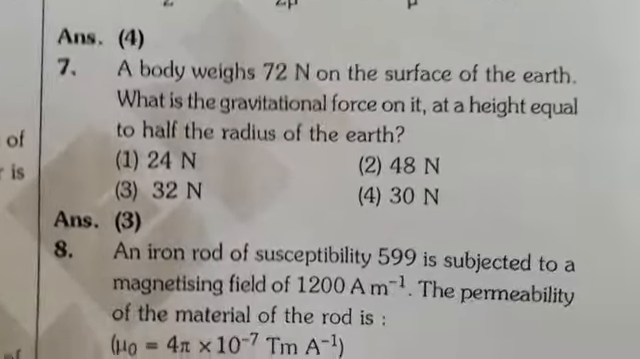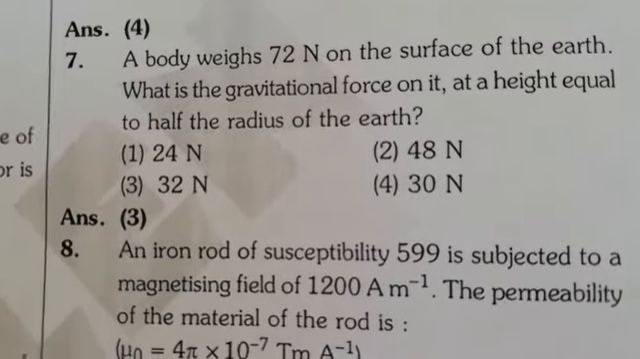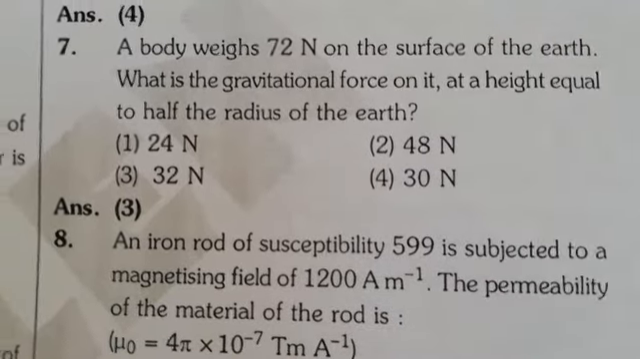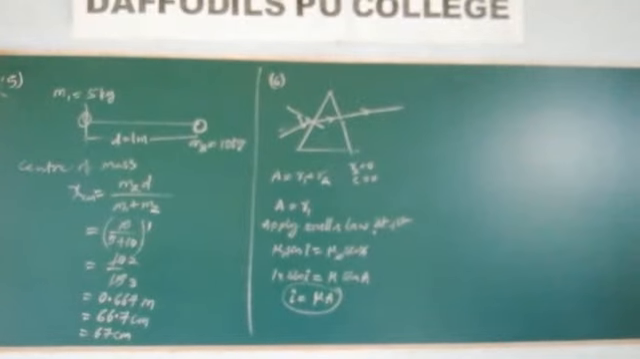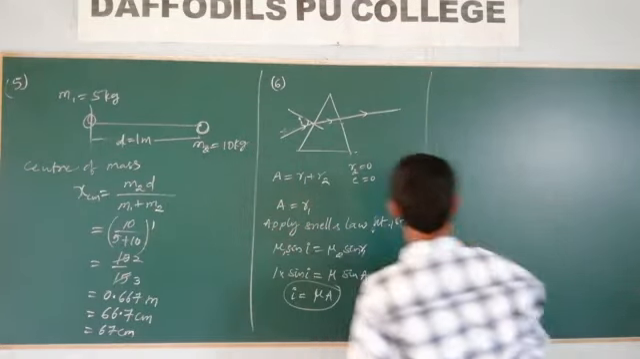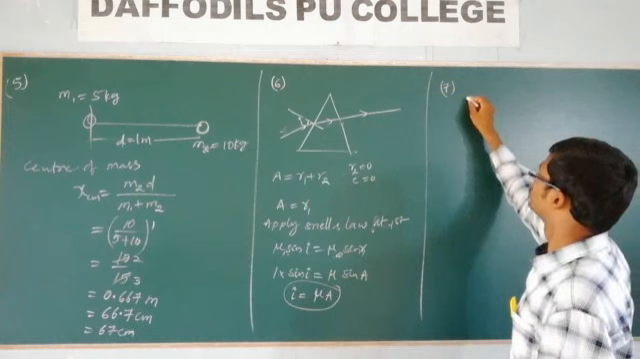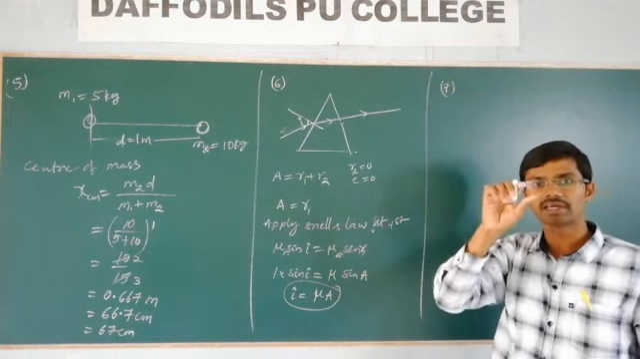A body weighs 72 Newton on the surface of the earth. What is the gravitational force on it at a height equal to half of the radius of the earth? Again we need to find which is based on gravitation. See gravitation, what will be the variation of the acceleration due to gravity with altitude, here h is the height of the